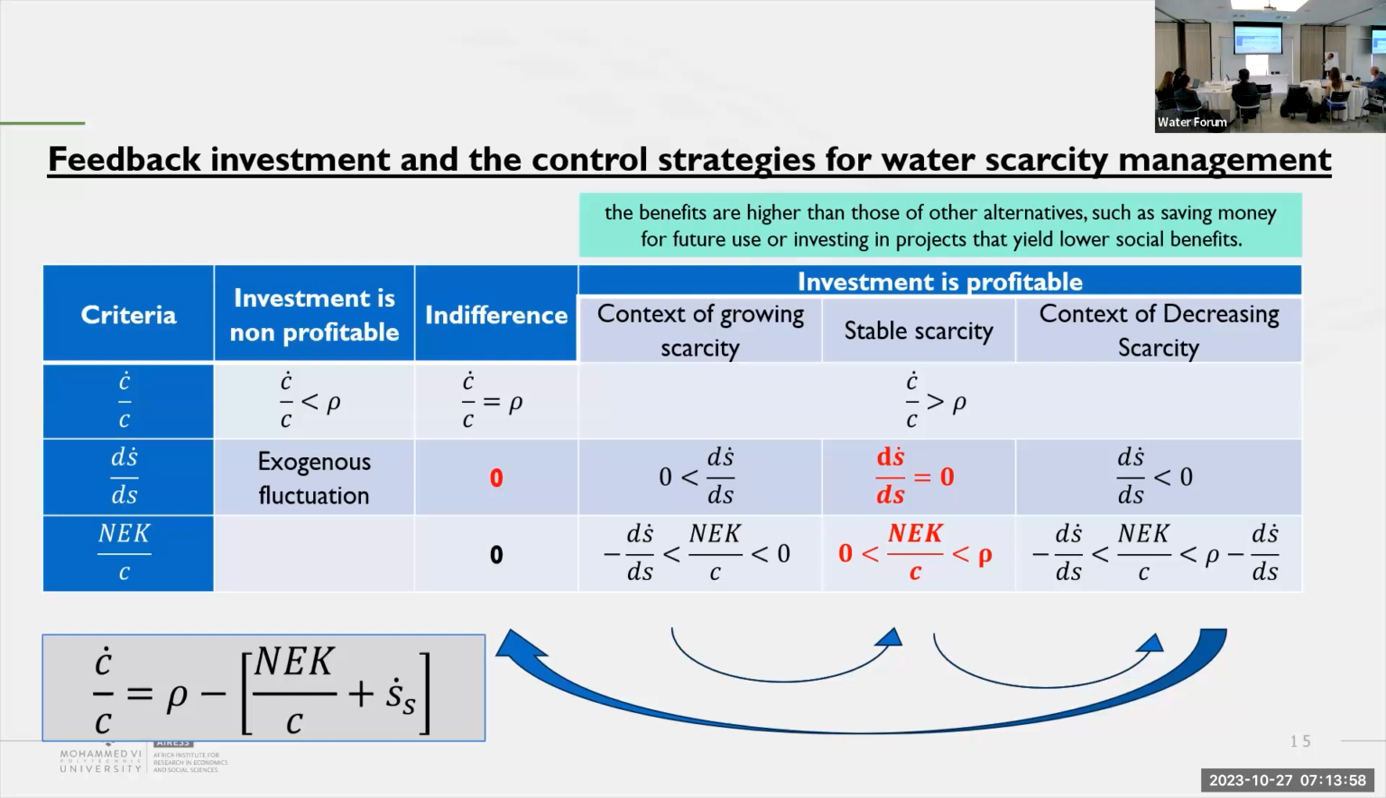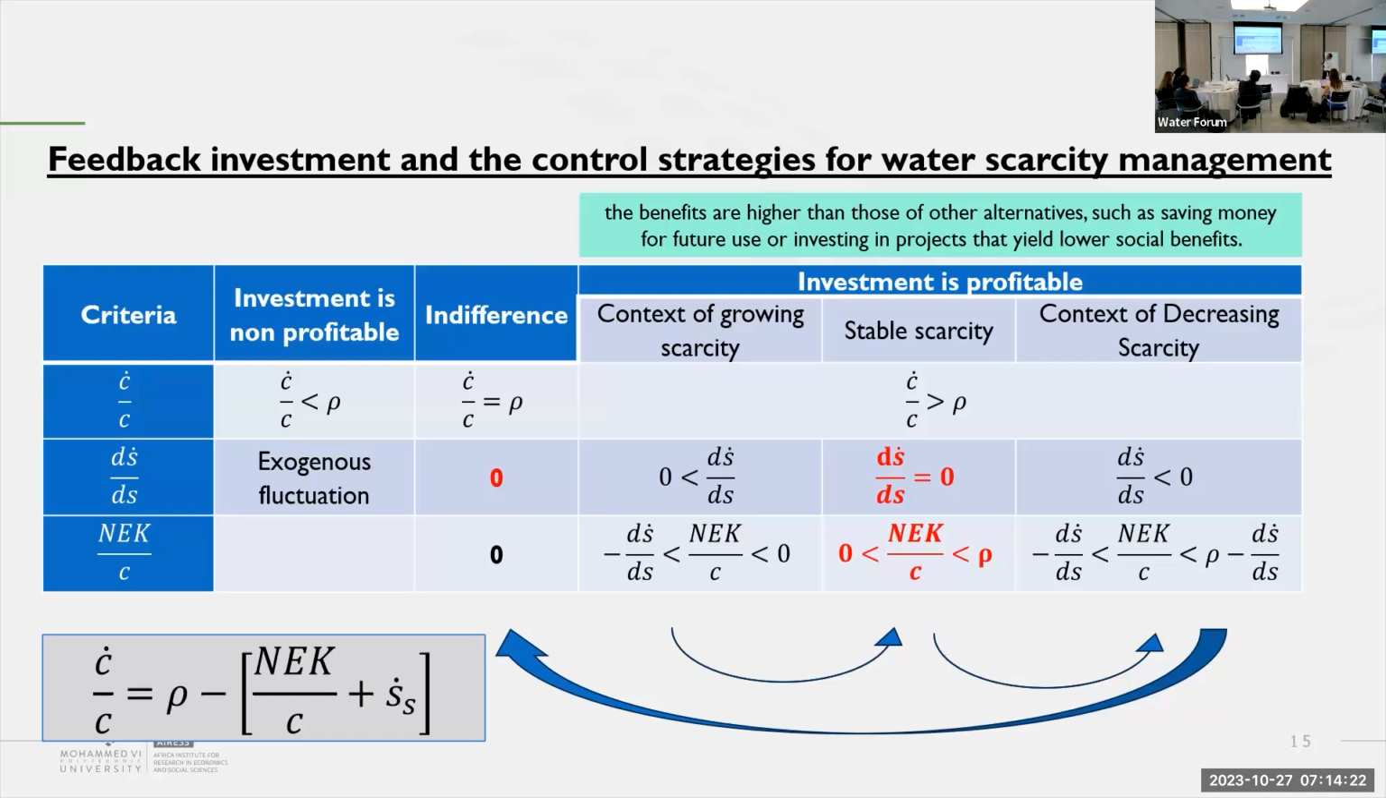Then we have the velocity of scarcity, which is positive. Then we have the most profitable part of this, the most profitable strategy for investment with stable scarcity. So it means that when we have policies that aim to stabilize the level of scarcity, then we will have